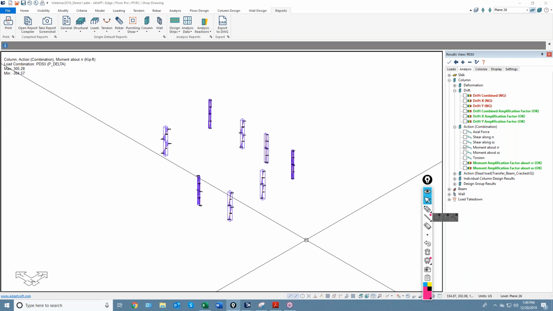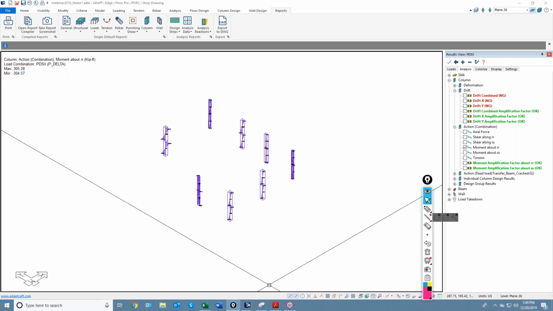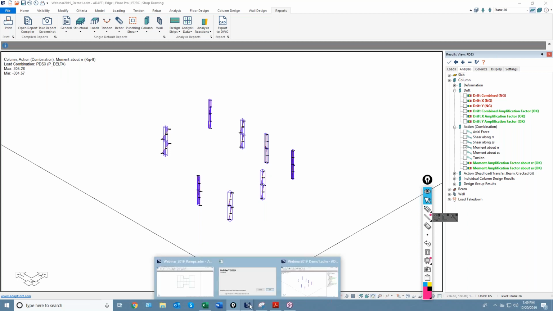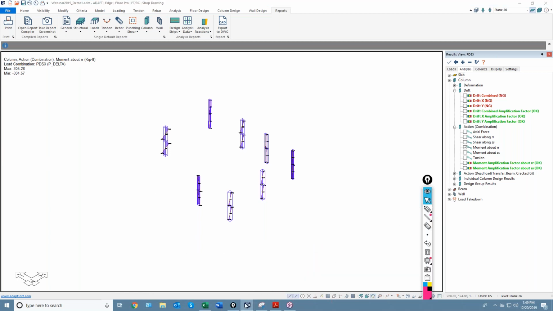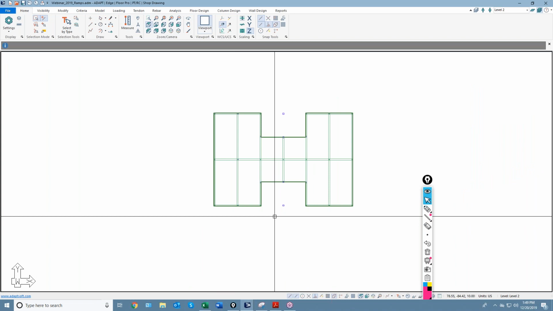in a summarized form. The next thing we're going to talk about is ramps. The program can handle ramps to a degree, okay? And that degree is that the program does not design ramps yet. You can model ramps for purposes of just analytical consideration. We cannot design the ramp, we cannot add post-tensioning yet to the ramps, or they're really there just as a